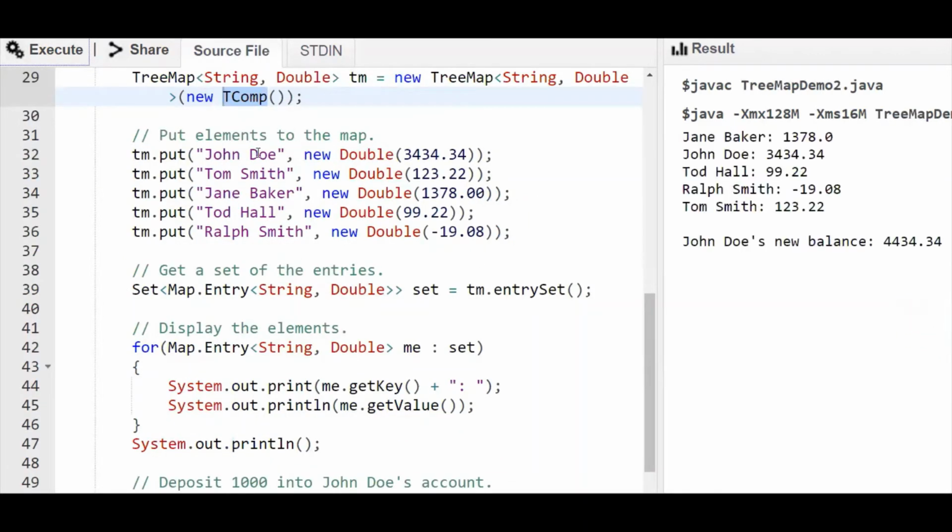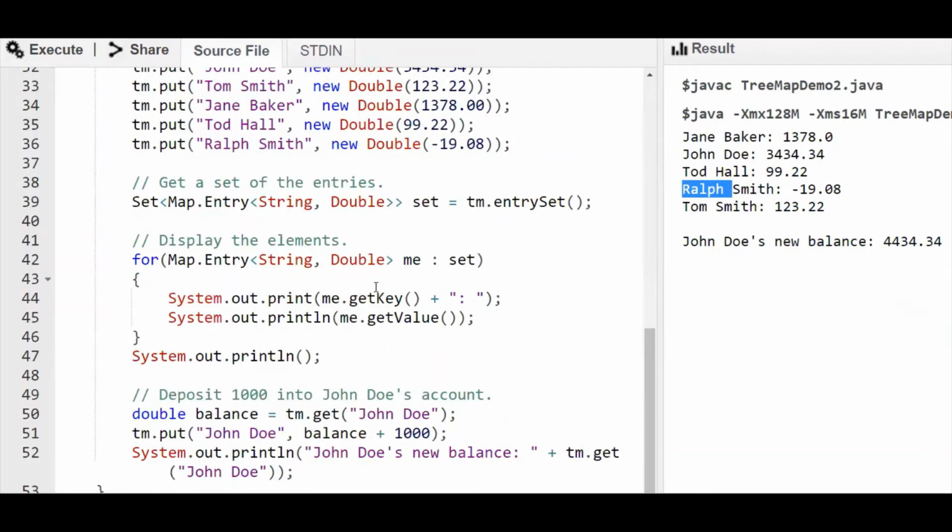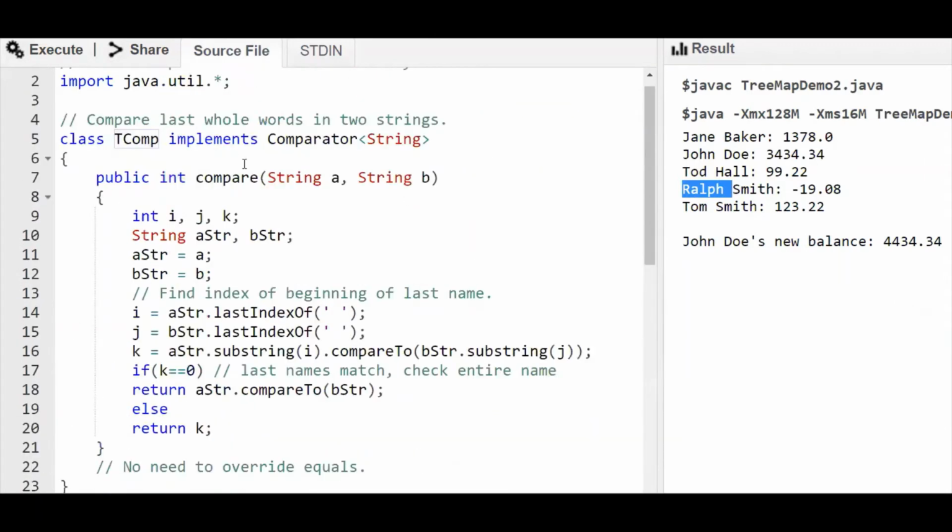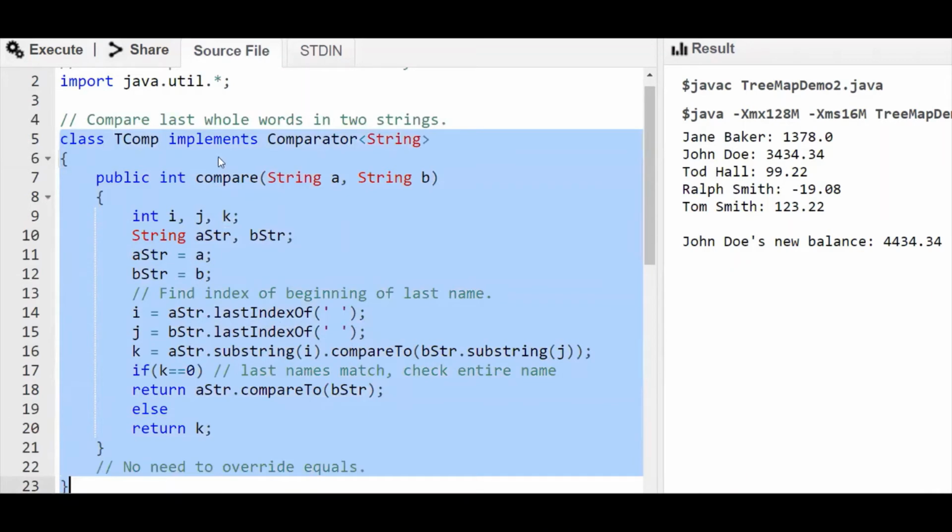So in the name we have first name and last name. Now if you observe B, D, H, S and S, the last names Smith are the same, so the sorting has taken place on the first name. So it is a tree with key and value pairs. Out of the key, we are sorting based on the last name. And again here the balance updation is done just as in our previous example. So this is the important part in this particular program, that is, a class that is implementing the comparator.